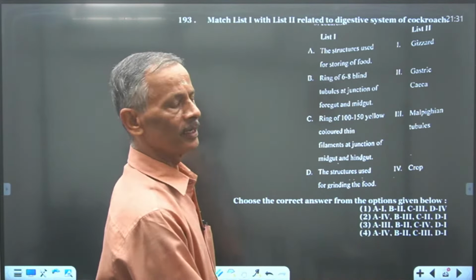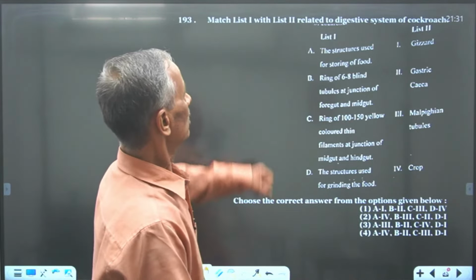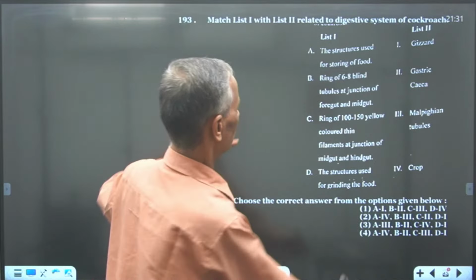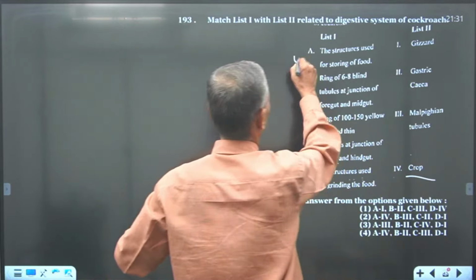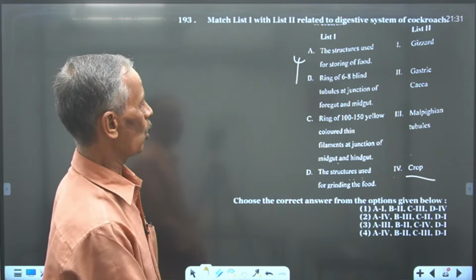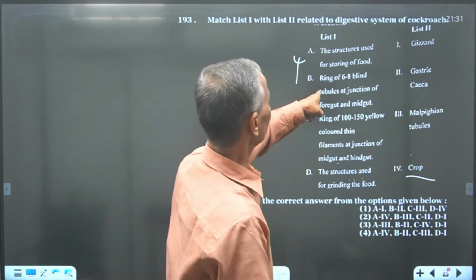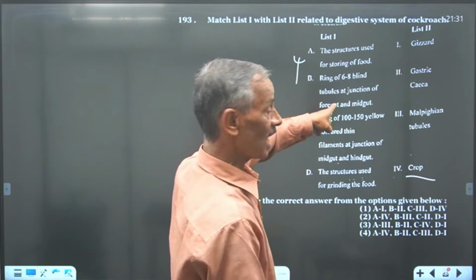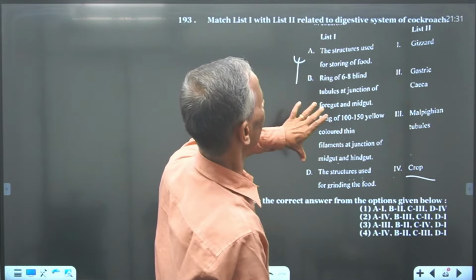Regarding the digestive system of cockroach, structure used for the storing of food. Where is the food stored? It is stored in the crop. So it is 4. Ring of 6 to 8 blind tubules. They are gastric caeca or hepatic caeca. So